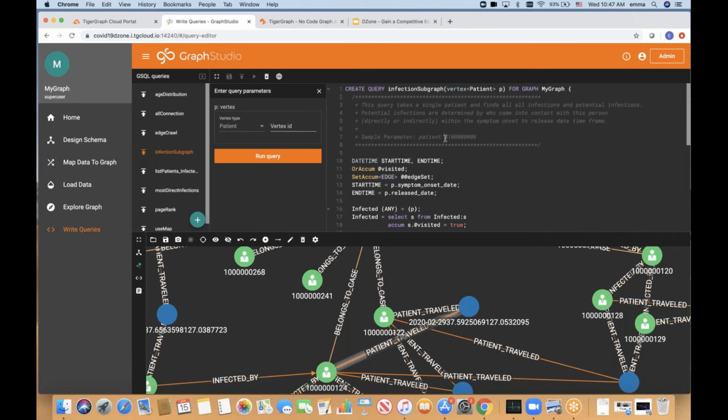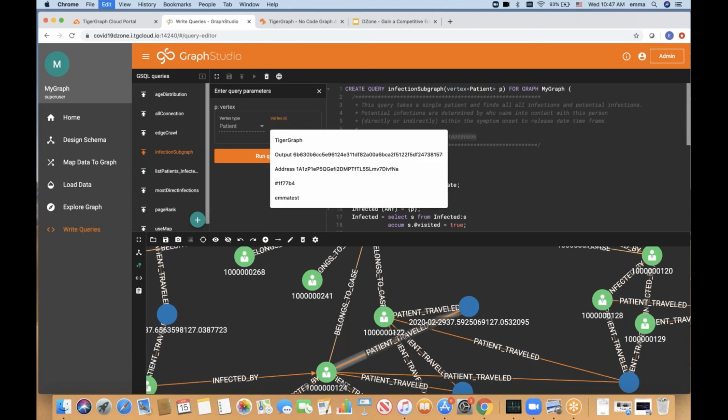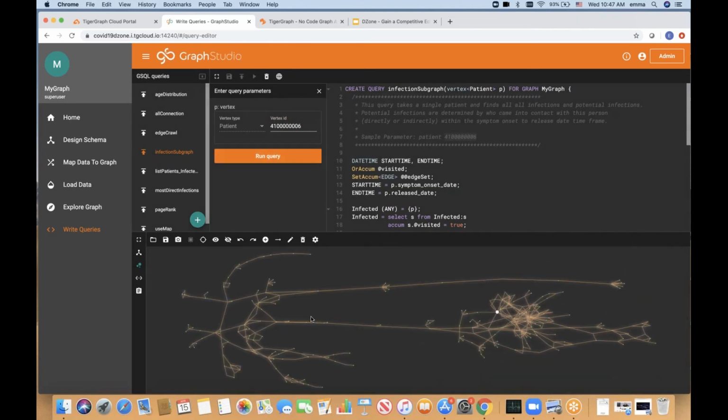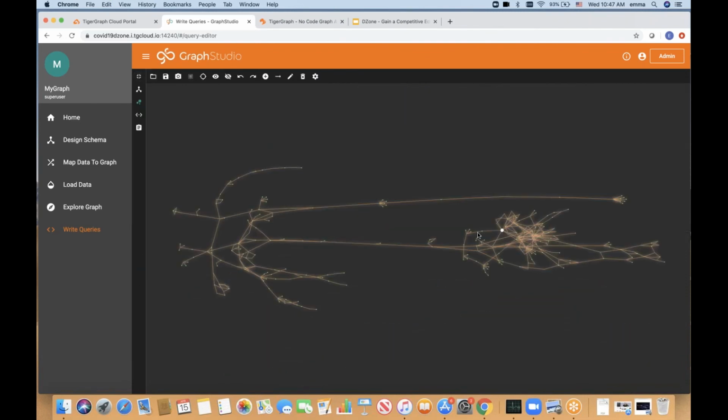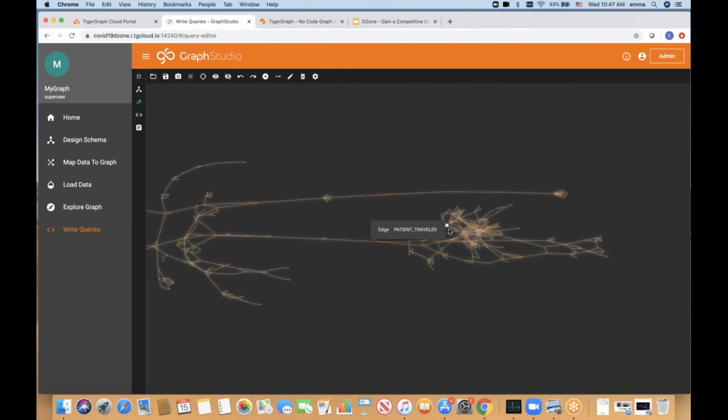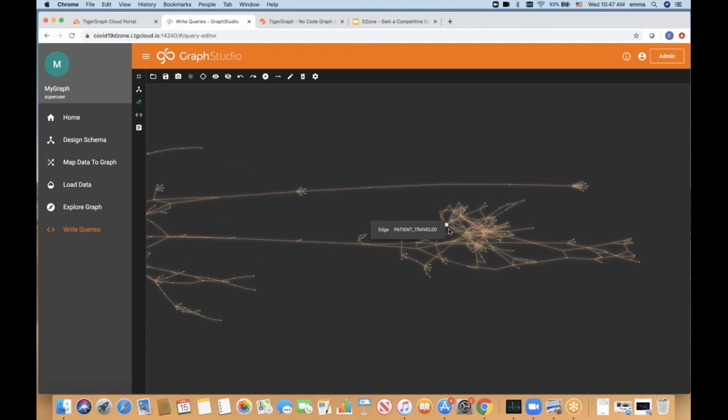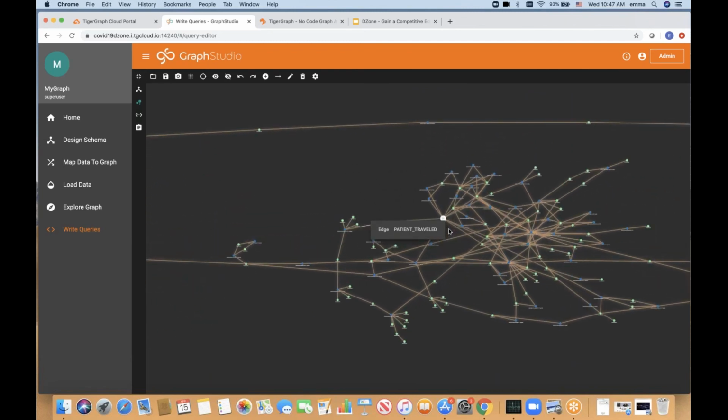Let me just take this example patient ID here and run the query. Voila, you can see that the highlighted symbol here is the patient that we're investigating.